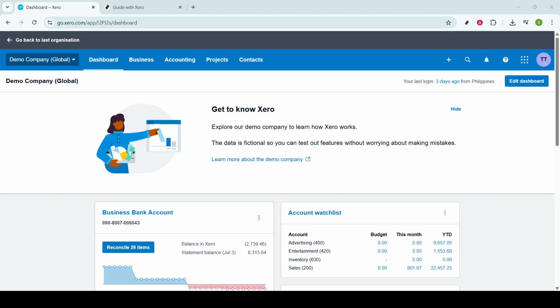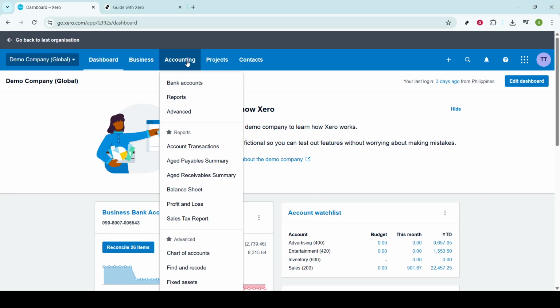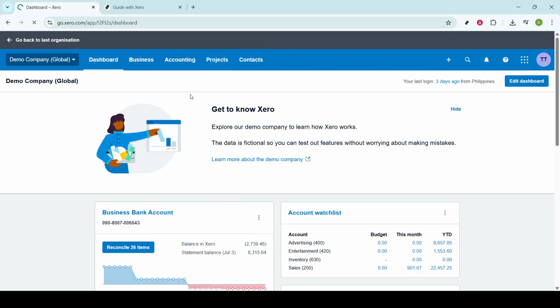To begin, log into your Xero account. Once you're inside, you'll want to head over to the accounting section. You'll notice that when you click on it, a variety of options become available. From these, select Reports. Now, this section is pretty useful because it allows you to manage and generate various reports